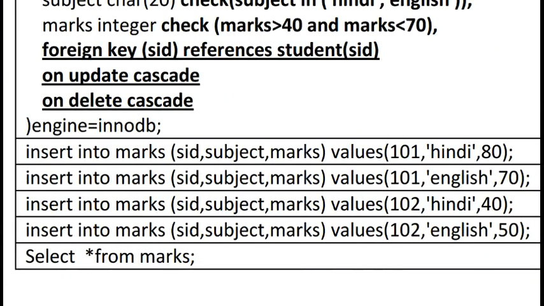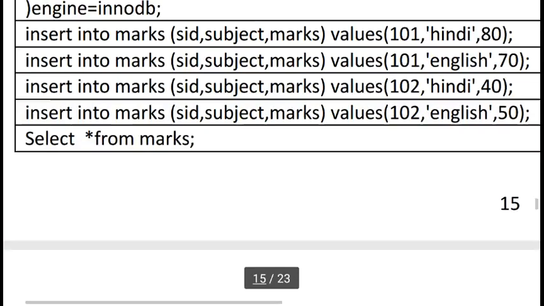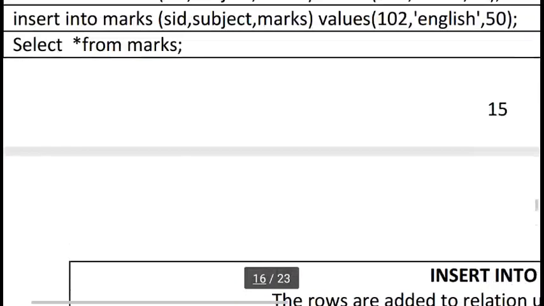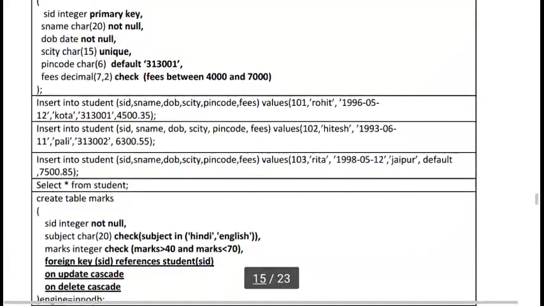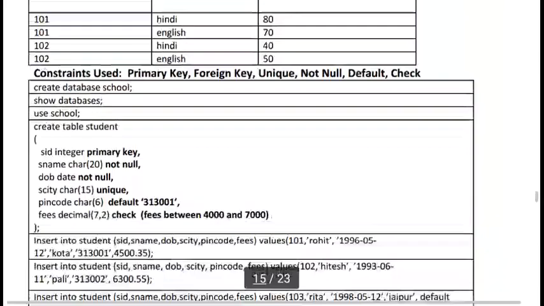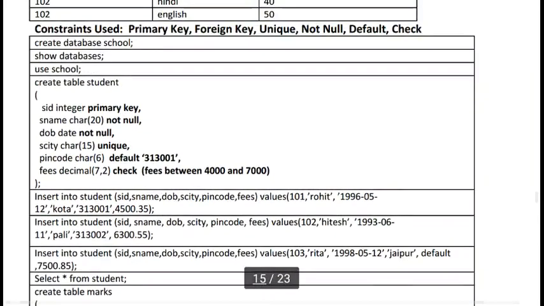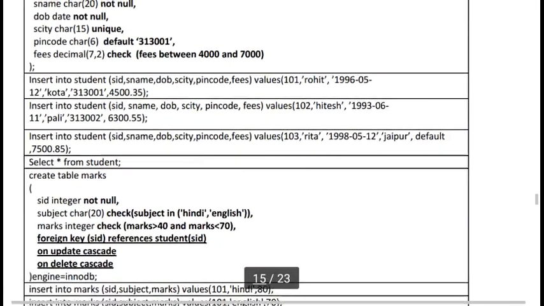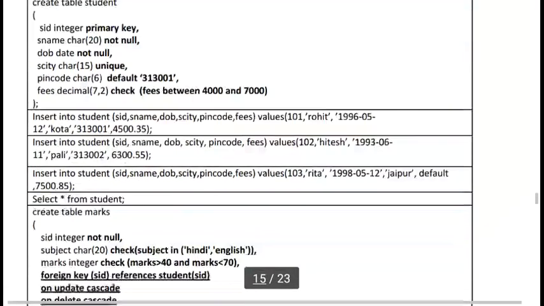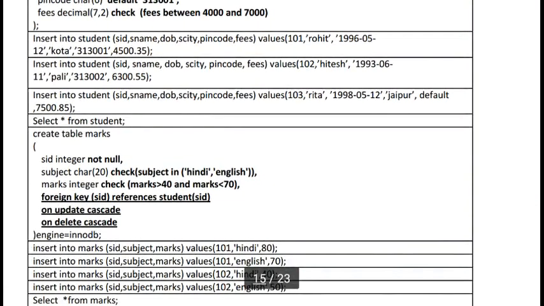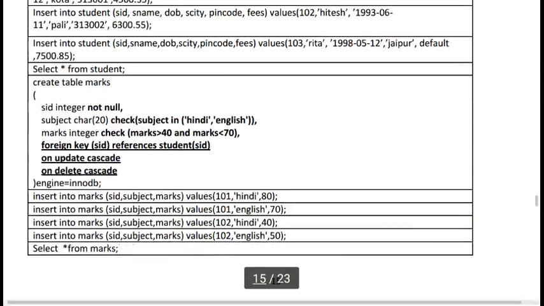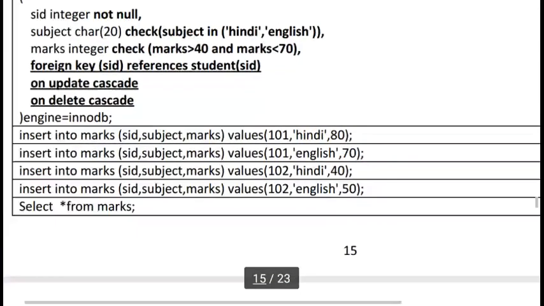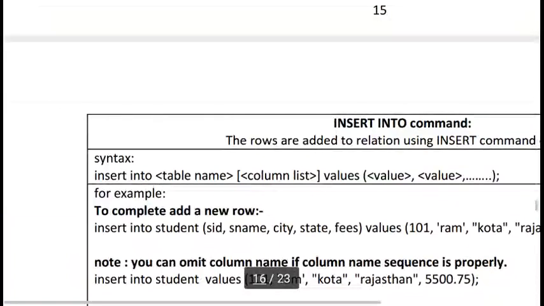So these records will be inserted into the marks table. SELECT * FROM marks, we can display this table. Okay, so you can see this is a set of commands. With the help of these commands, we created a school database. In the school database, we have two tables, the student table and the marks table, with complete constraints, the foreign key and primary key concepts, and how to insert records with the help of the INSERT command.